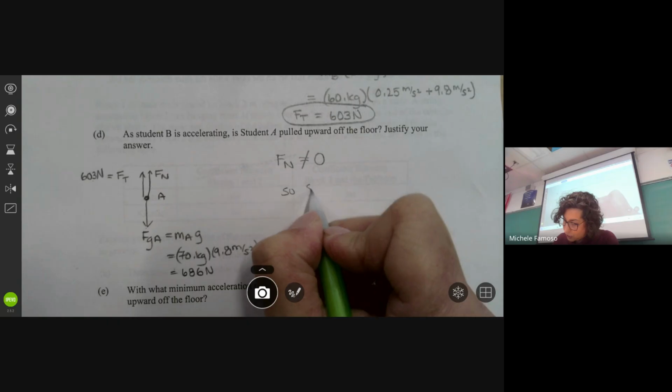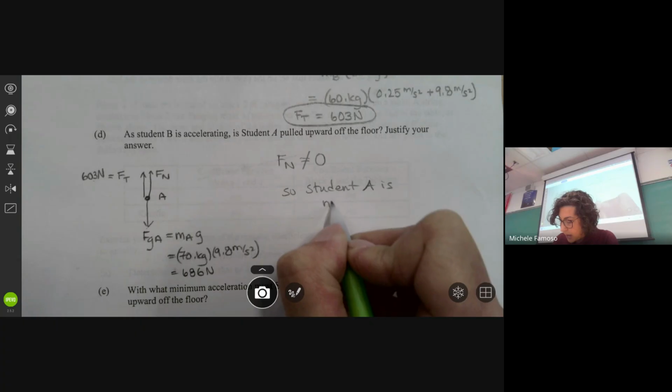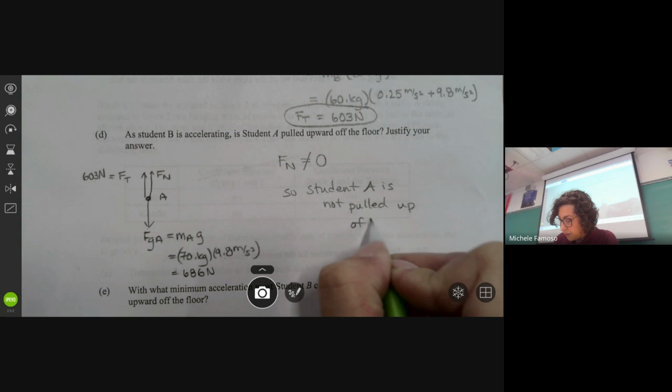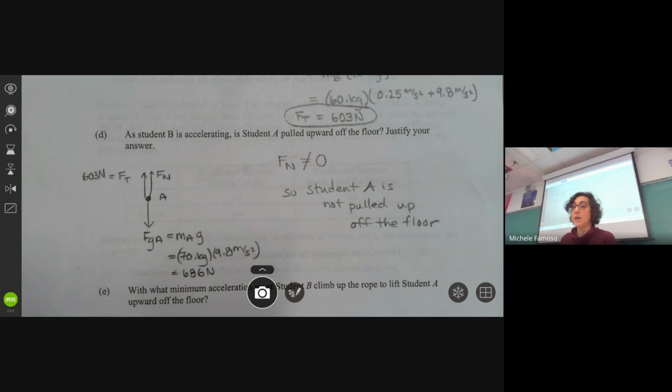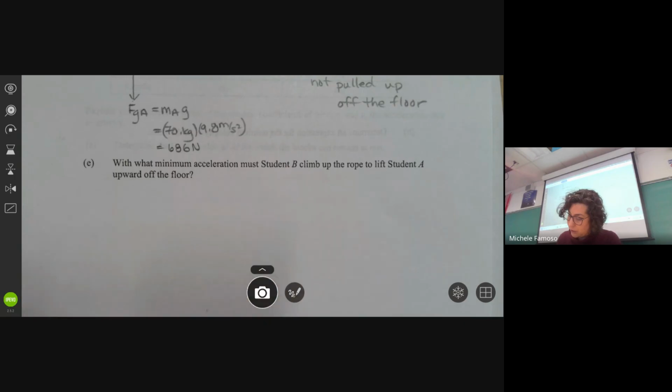So student A is not pulled up off the floor, right? Because there is a normal force. In order for them to be pulled up off the floor, the normal force would now be 0, and that's not happening here. Part E, with what minimum acceleration must student B climb the rope to lift student A up